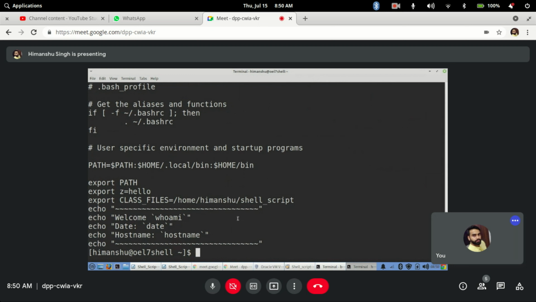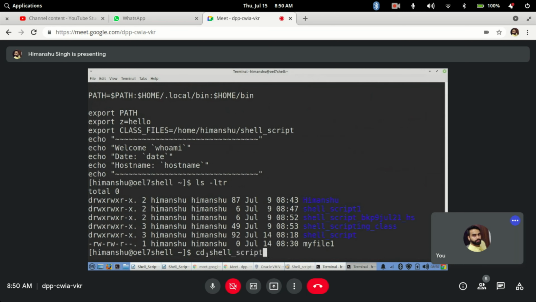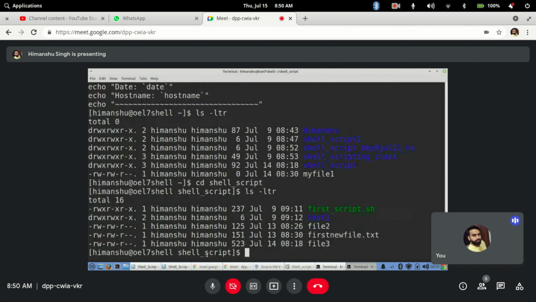Okay, so how will it work? Let's say I go to cd shell script. Environment files, normally when we create, I will say my custom, whatever name you want to give, it totally depends on environment to environment, my custom.env. But I prefer to use the extension env, so that whenever I see this file, I know that this is an environment file that will be sourcing certain environment values, or some variables. Simply it will be sourcing the variables.